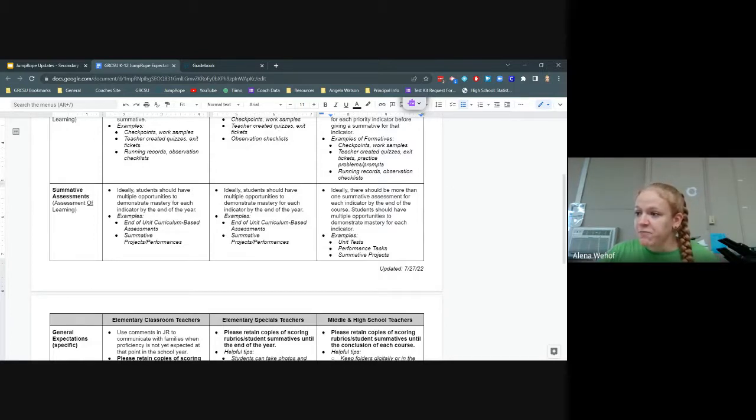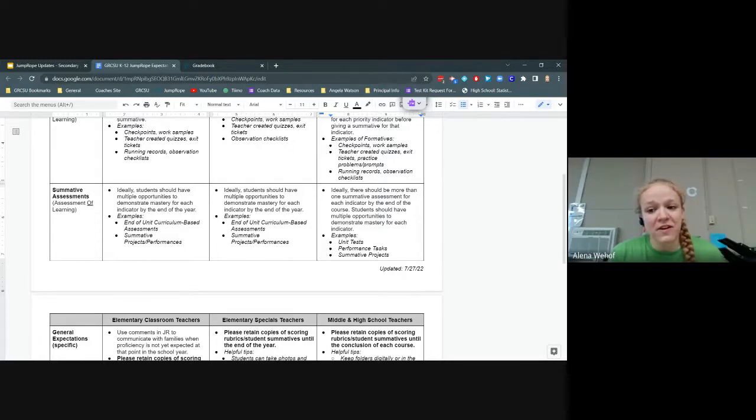For secondary, it says here, students should have multiple opportunities to demonstrate mastery for each indicator. So for example, if you're giving a unit test as a summative, you should also have some other type of summative that you're going to use to address that indicator.